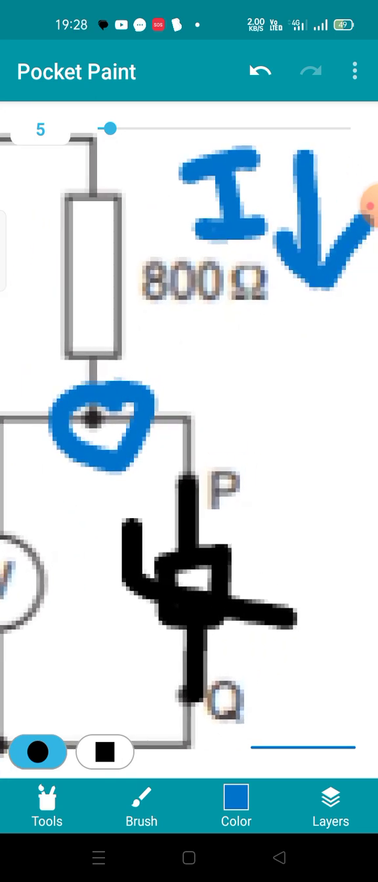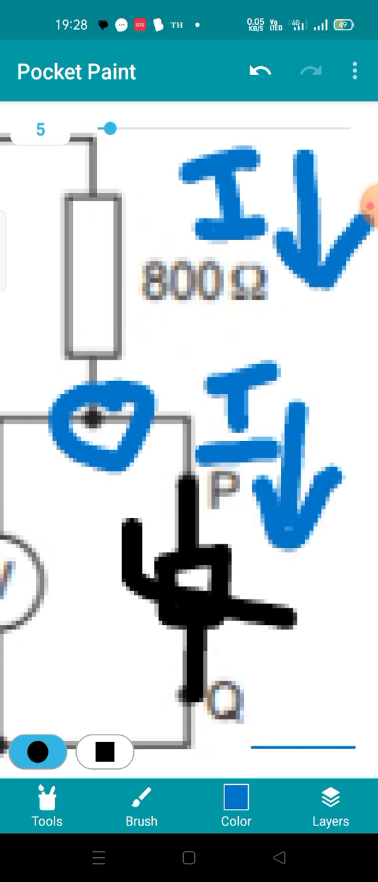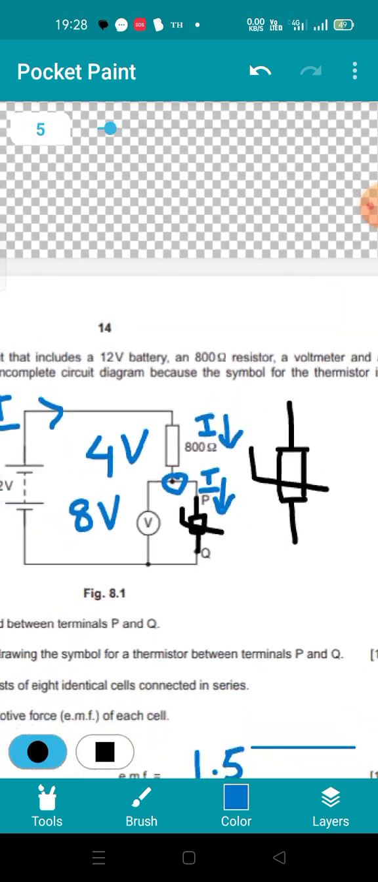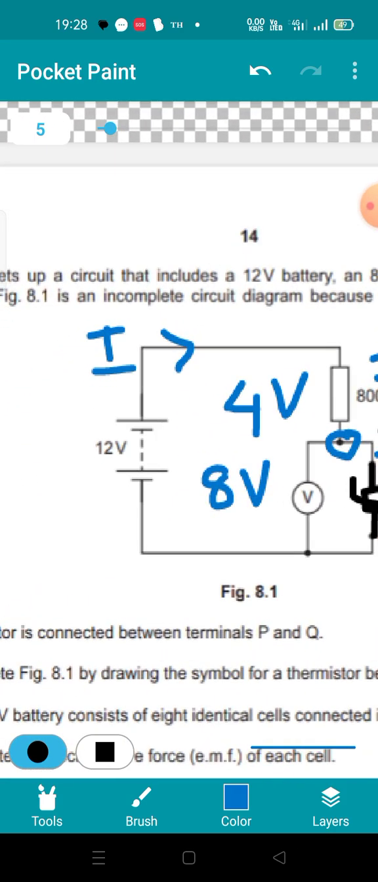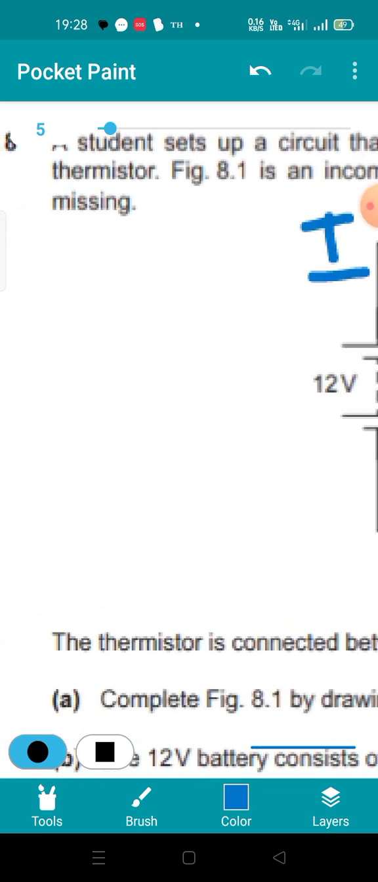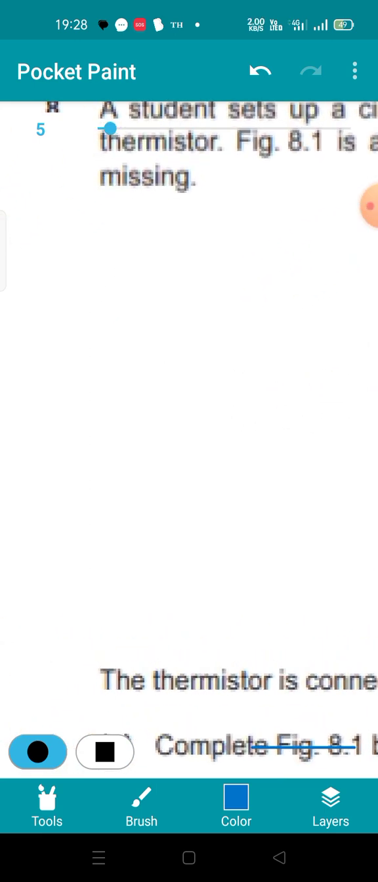That means almost all the current that is flowing through the 800 ohm resistor, that is I amperes, will flow through the thermistor. So let me mark I here. I hope it is clear why current I is flowing through the thermistor. Very negligible current will flow through the voltmeter as its resistance is very high. We know that for a given potential difference, current is inversely proportional to resistance. If resistance is very high, current will be very less. Now let's